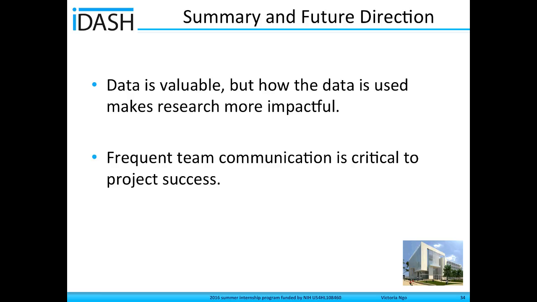This is my favorite part of this internship: frequent team discussions are critical. I see the PIs, Dr. Jiang and Dr. Kim, checking in with their interns, the interns checking in with each other, running into meetings, but also having time to communicate. I think that's really valuable, especially in an interdisciplinary team. And finally,